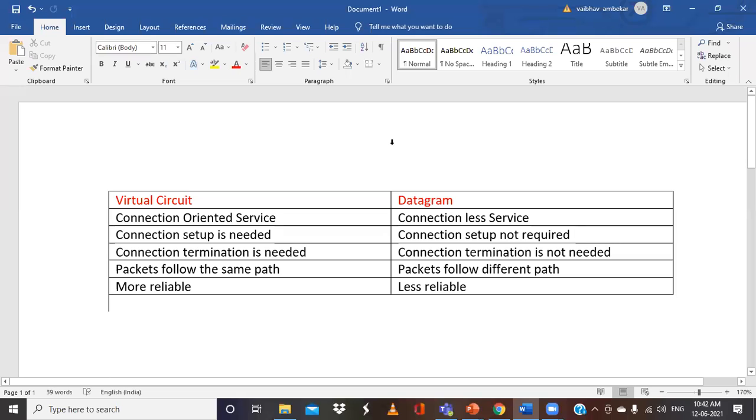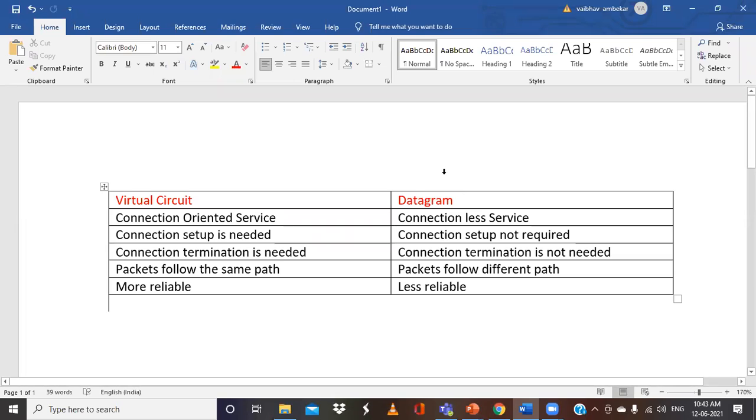In packet switching, when the packets are in transmission, they can use two types of approaches: they can use the virtual circuit, or they can use the datagram. Why we are discussing this is because we are going to study a concept called frame relay, which is a virtual circuit based network protocol. In the second unit we are going to study virtual circuits in detail, because it all depends on the network layer, and the network layer is all about transmission of packets.